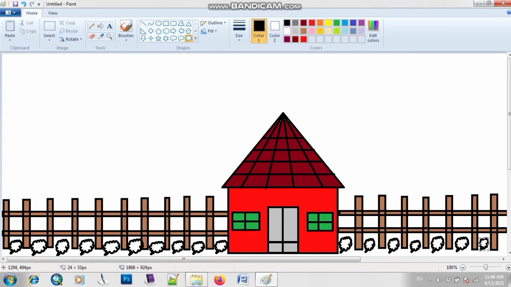Is it clear? Okay, so can anyone tell me which color I should choose if I want to fill inside the tree?